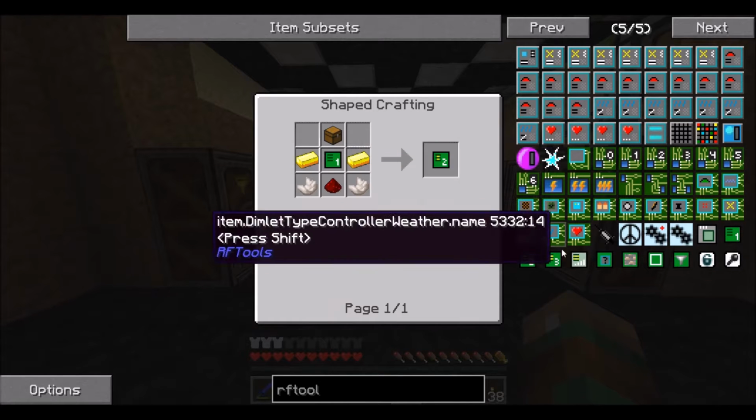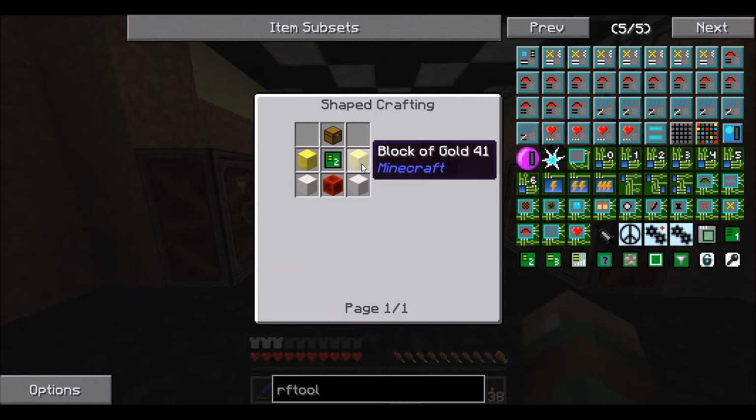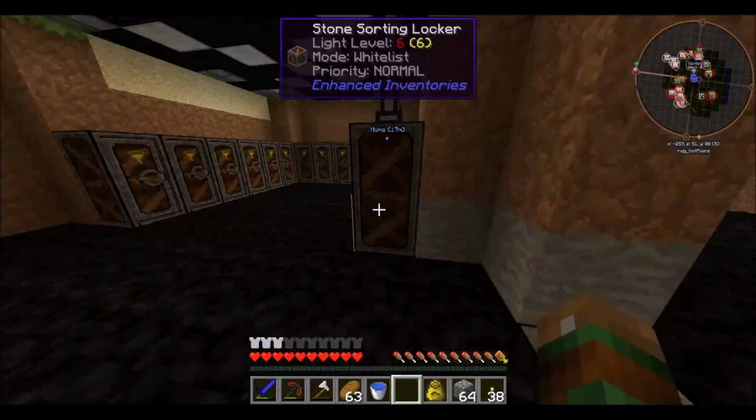And then that's just one of those. And this one here is a little more expensive, with a block of quartz each and a block of gold. But still not too bad. I think we're going to do that. The problem is that we need to go to the nether. We already have...